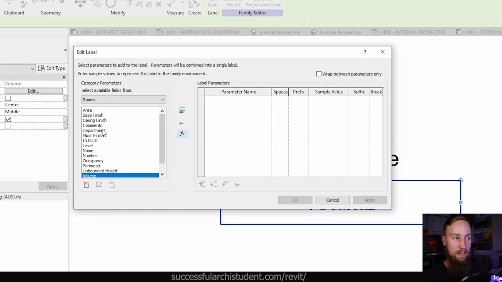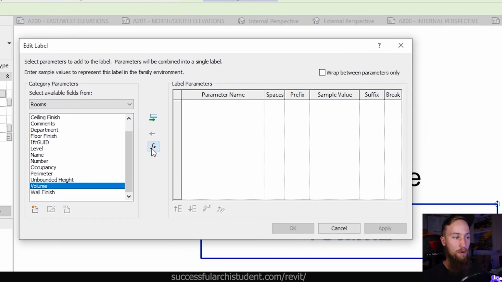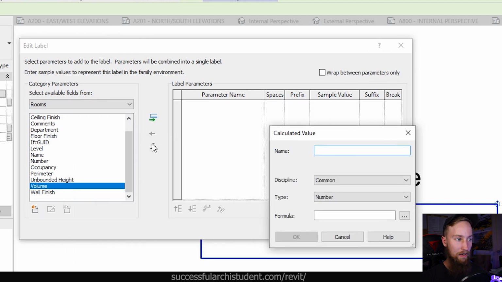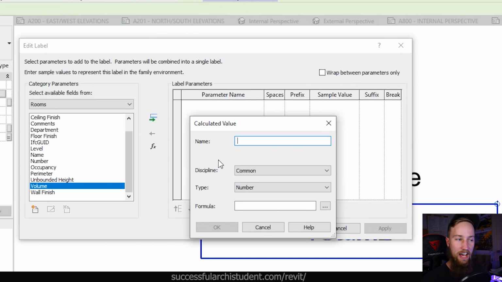We want to show the length times width. And that might be difficult because there is no length times width parameter. And that's where we're going to have to create a calculated parameter field. So if I click on that FX button there, which is kind of the formula button, we're going to have to create